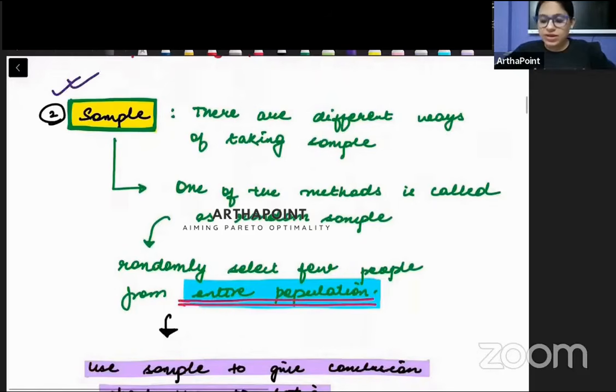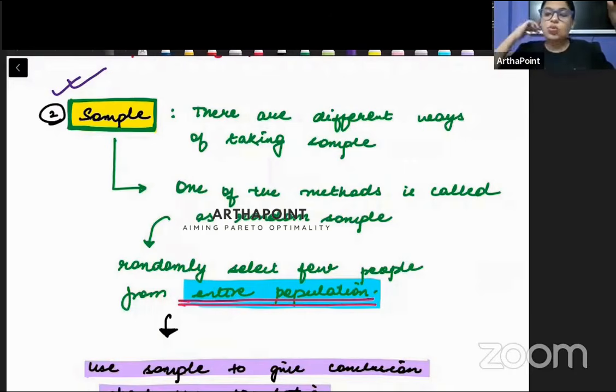Therefore, I must go ahead and work with the sample. अब next question ये आता है, how can I go ahead and collect the sample? There are multiple ways to collect the sample and you must have read about some of them. आपने शायद सुना होगा something called random sampling, stratified sampling, and many other ways, हाँ, snowball sampling, etc., etc. तो सैंपल कलेक्ट करने के बहुत अलग अलग तरीके हैं.